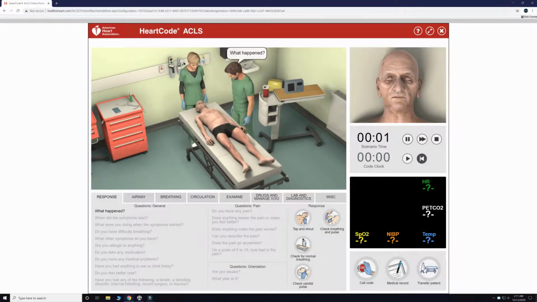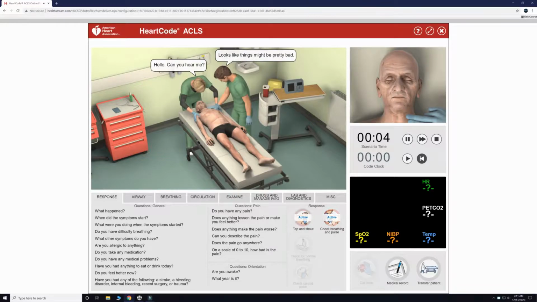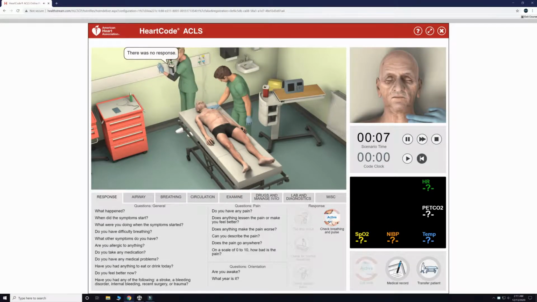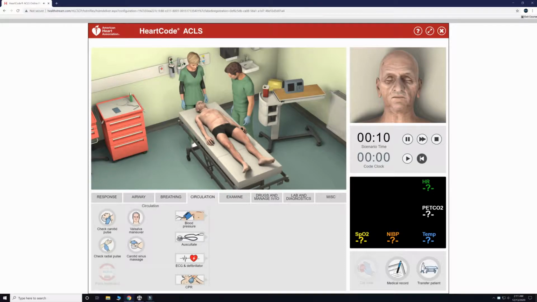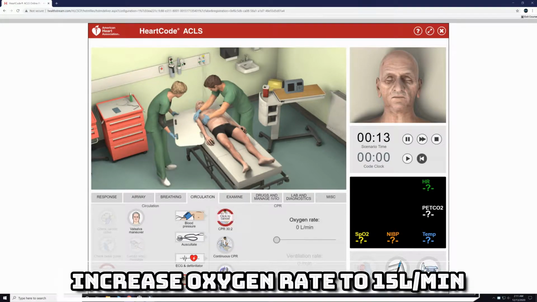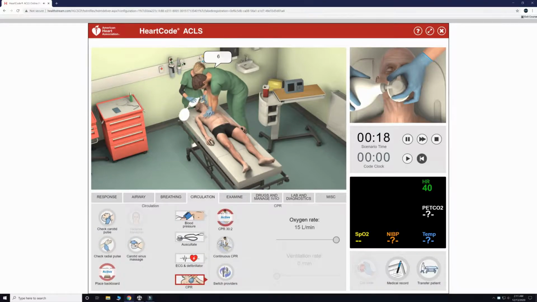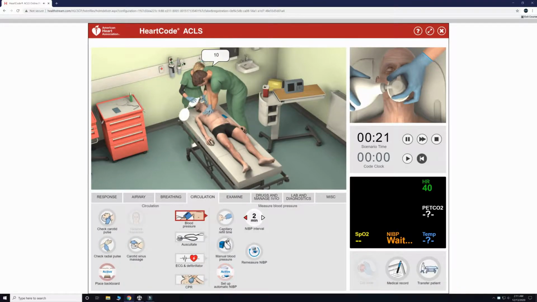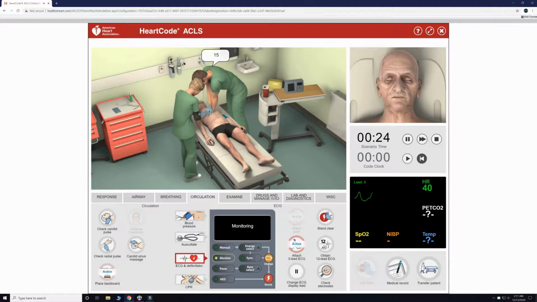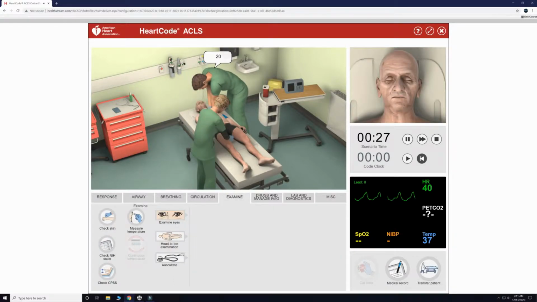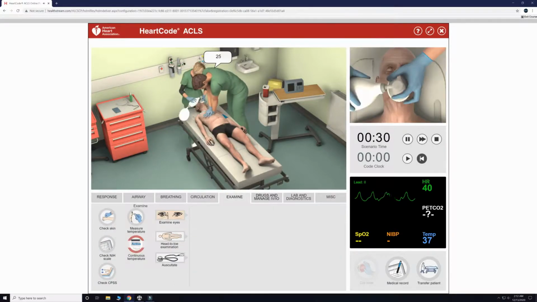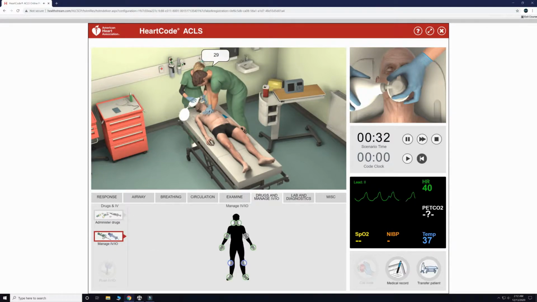So as we get started, we can see that this patient does not appear to be in great shape. Our staff reports that he does not have normal breathing or a pulse and is unresponsive. At this point, we need to call a code blue. We will need to place a backboard and start CPR at a ratio of 30 chest compressions to 2 rescue breaths. As we begin resuscitation, we will need to place all of our vital sign monitors on and obtain IV